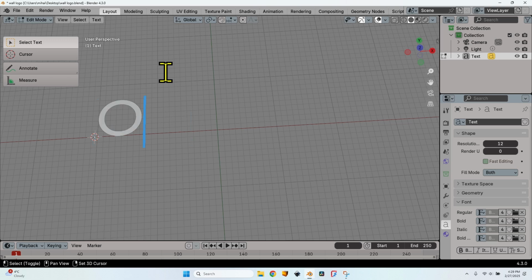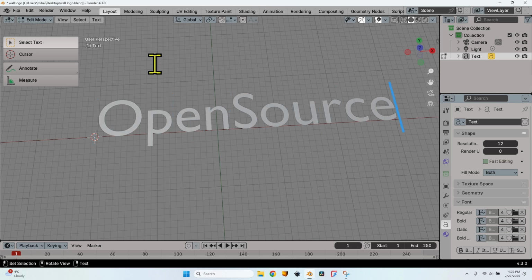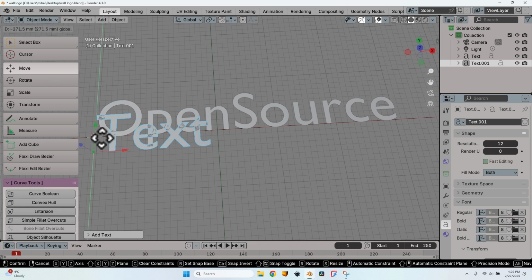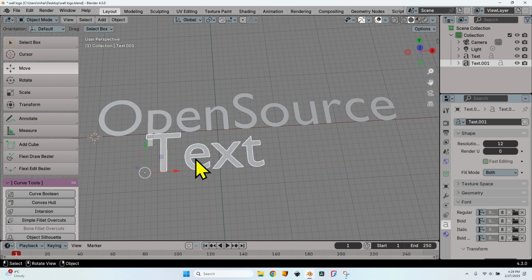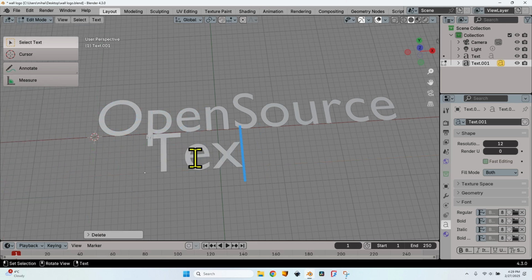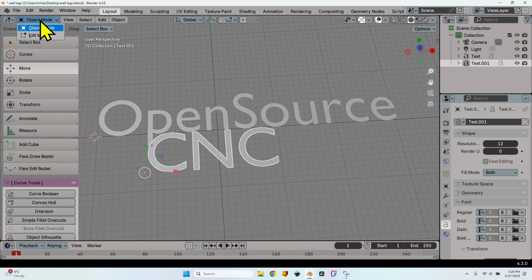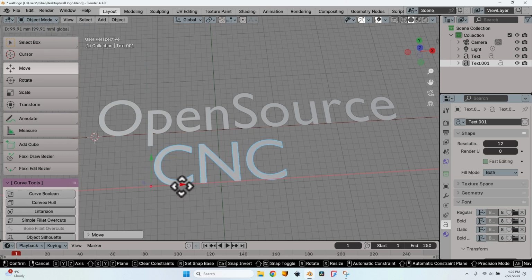So let's write the name of the channel, open source, and I'm going to exit edit mode and add a new text just below this one. Let's move it a little bit around and press tab again to enter edit mode, write CNC, press tab to exit edit mode. With tab you are switching between the modes here, object, edit. This is valid when you are working with text. If you are using different types of objects, the menu here will be a little different. Now let's place it a little bit